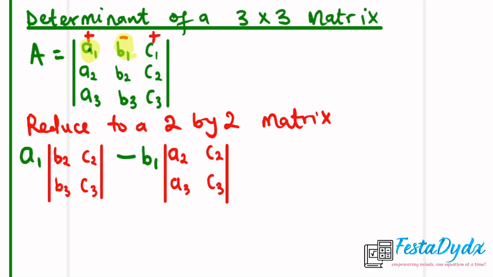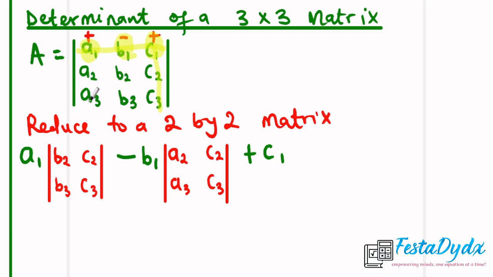Now let's move to the last element in the first row. The last element here is plus C1, so we'll have plus C1. Now let's remove the elements associated with C1, that means in the row and column. For the row, these are the elements associated with C1, and for the column, these are the elements associated with C1. Now we're going to multiply C1 by the 2 by 2 matrix we have left,